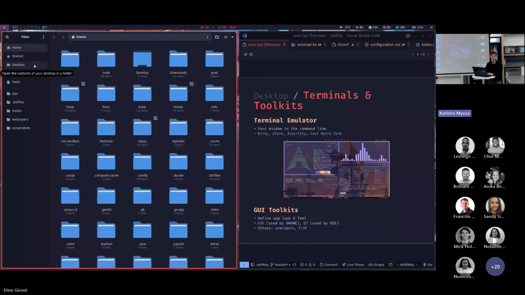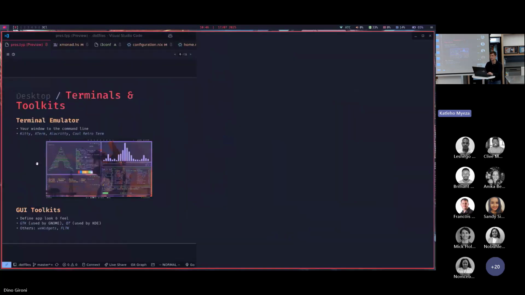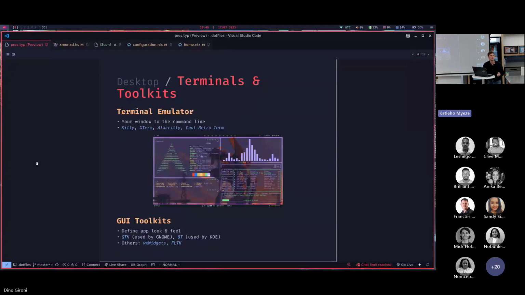It's using the GTK GUI toolkit. So all of these icons, the color theme, the text, the font, that's based on my GTK customization. What's nice about customizing a toolkit is that it applies to all the applications which use that toolkit, generally speaking. There's also Qt, which is quite used by a lot of applications, WX widgets and FLTK, less commonly so,